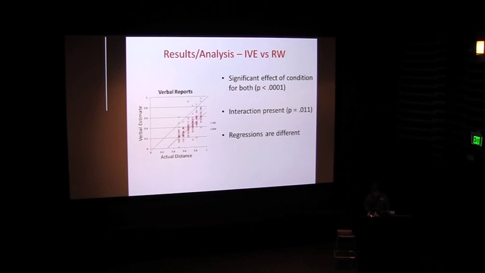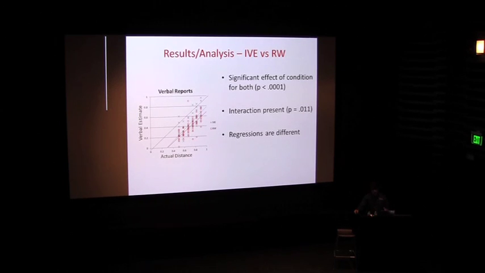So what happened with respect to the verbal reports? With respect to verbal reports, it's really surprising that we had one outlier where a participant reported that the distance perceived was at 0% of the maximum arm reach, which really surprises us. But anyway, when we looked at the difference between the real world and the virtual world with respect to verbal reports, we found that there's a massive underestimation in both.